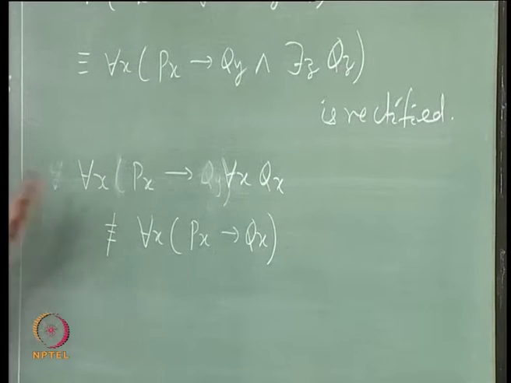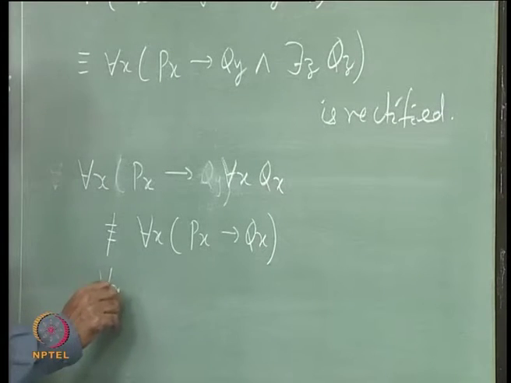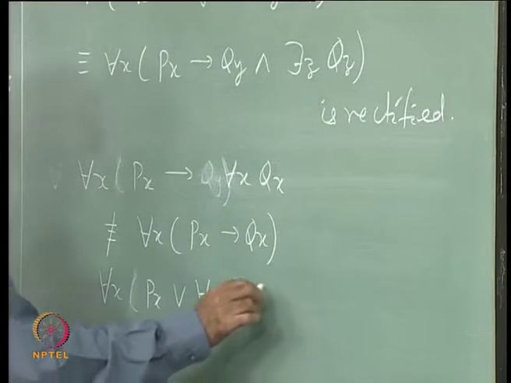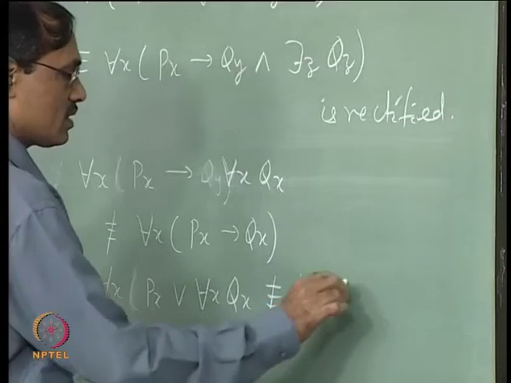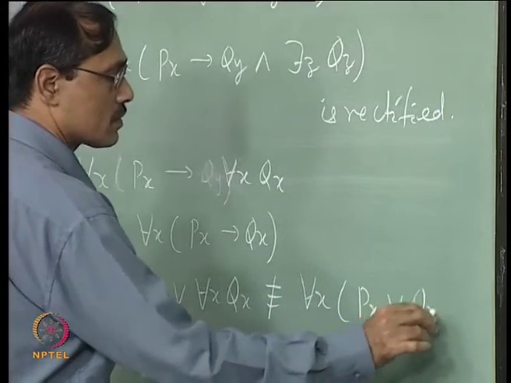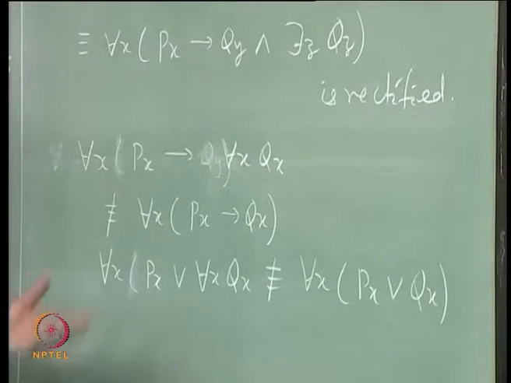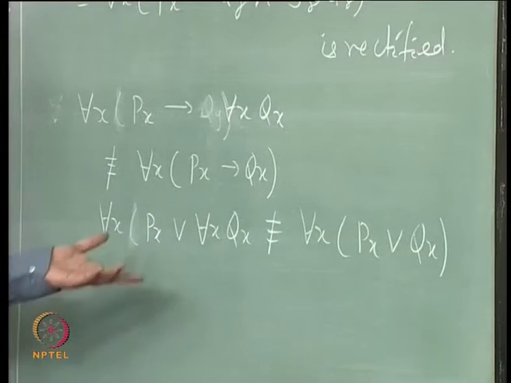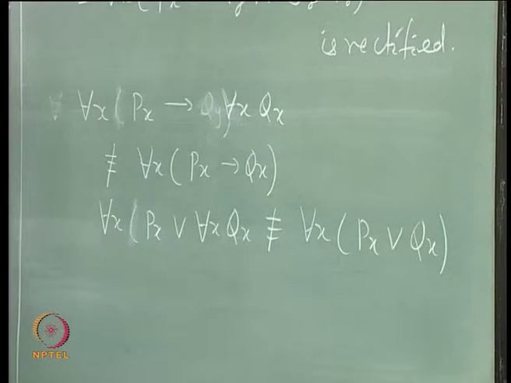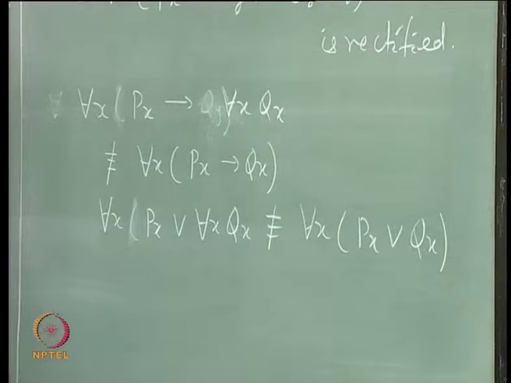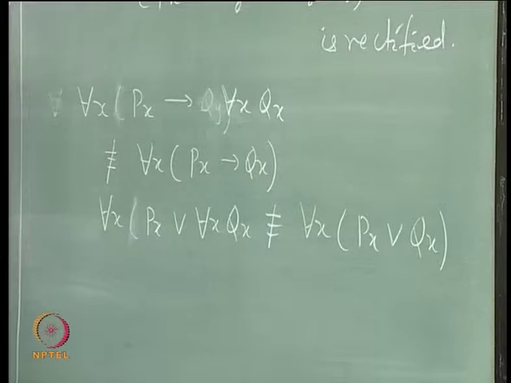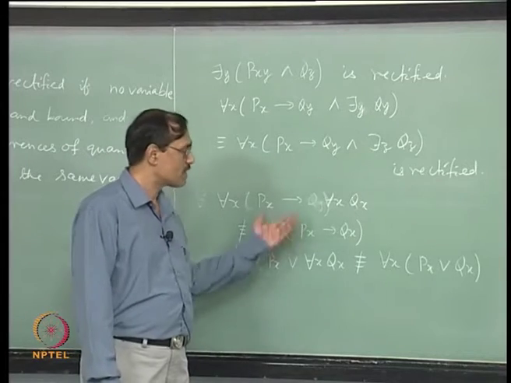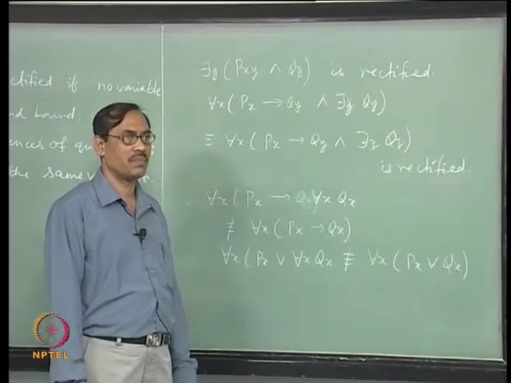If you take the distribution in and or or, the same thing happens: for each x p x or for each x q x is not equivalent to for each x p x or q x. For and it will be true, for or it will not be, and if you have the existential quantifier, for or it will be true and for and it is not true. Duality prevails. Similarly, for implies also it will happen. For implies both the things will happen, because the quantifier will become different once you use the distribution. But once it is rectified, the thing can be different.